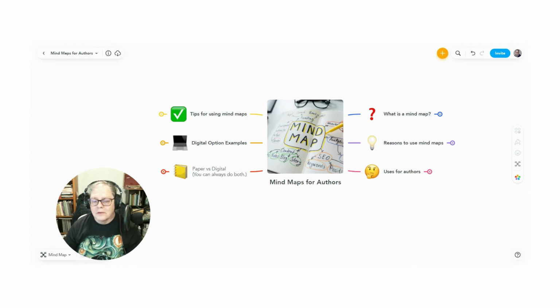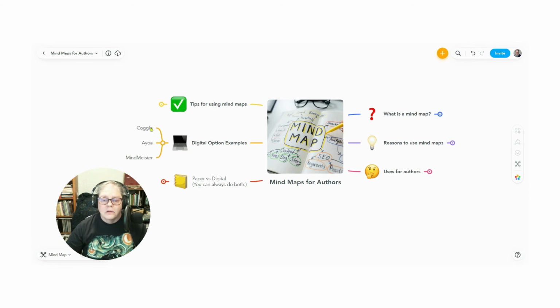Okay, as I talked about earlier, we're going to go to a digital look at some of the digital options. One of them is Coggle. A more expensive one is Aoa. And this one that you're looking at is MindMeister. We'll come back to it. So let's switch over to